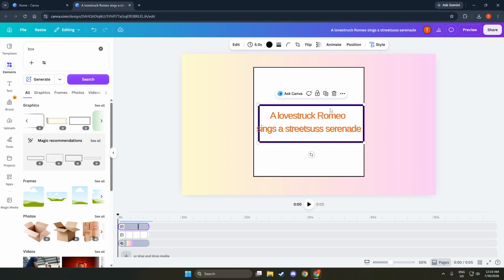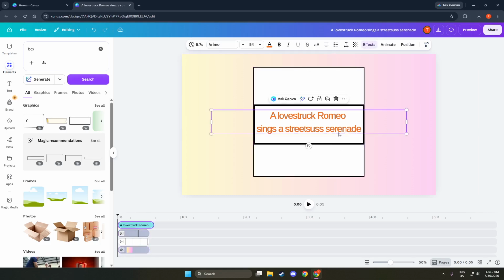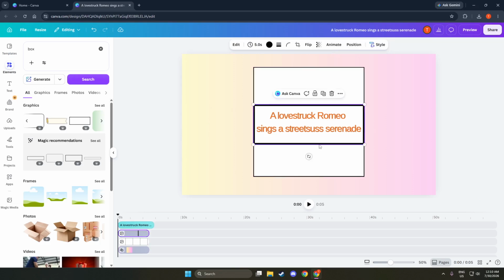With the size set, use the color button at the top to change its color. Look for the colored square in the top toolbar while the shape is selected. Click it and a panel of color options appears, including theme colors and a color picker. When you choose a new color, the box updates immediately on your canvas, so you can quickly test different looks until the box matches your design.